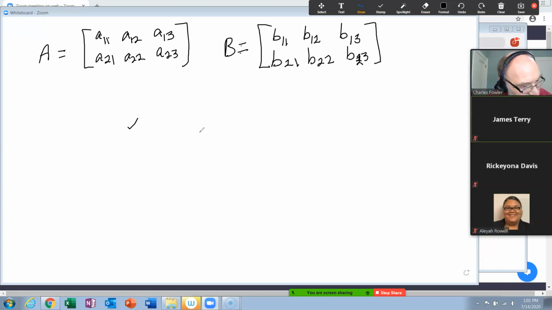You had to add in a C matrix. They didn't say you had it, but just throw one in. Okay? Now, let's look at the scalar multiples. If you multiply the A there by a scalar C, then you multiply it by every element in that. You get CA11, CA12, CA13, CA21, CA22, CA23. Guess what? That's a matrix in 2 by 3 space. It's a 2 by 3 matrix in that space that you started with. So it's closed under scalar multiplication.